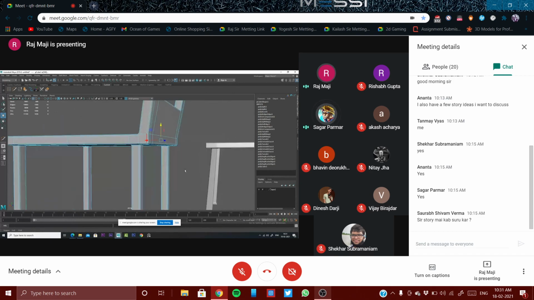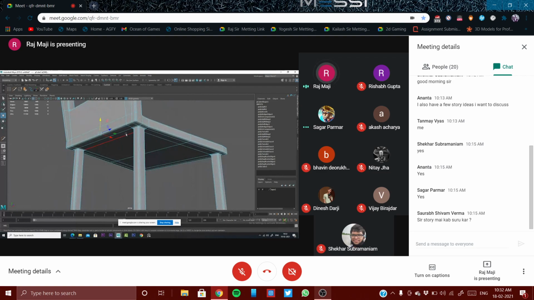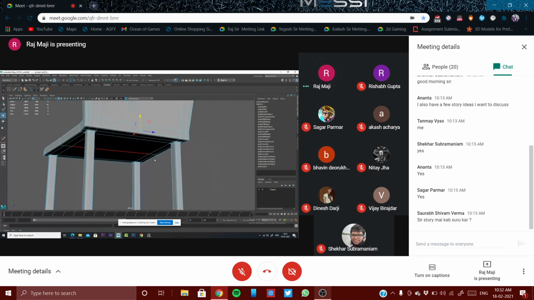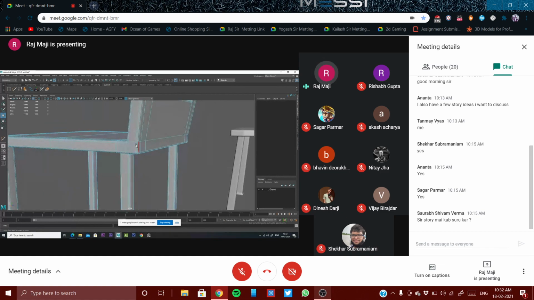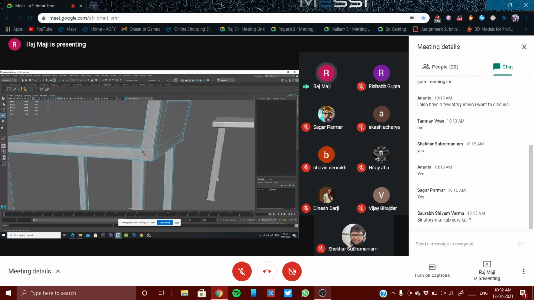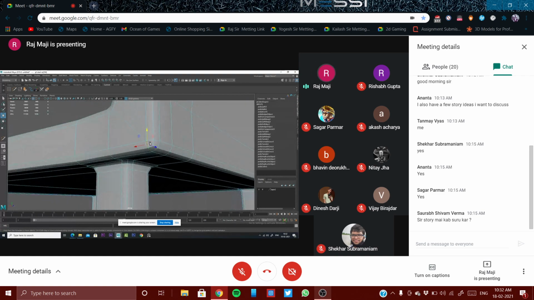Okay, sir. So selecting this one, and selecting up to this much. So this also is coming in the same direction, and it would come if I would have selected this also for bevel, but it's all right. Another thing you should know, this is a quad, this is not giving a problem. In some cases you will get a small triangle in this area, but that's not a problem, that's not an error. So there will be no problem.